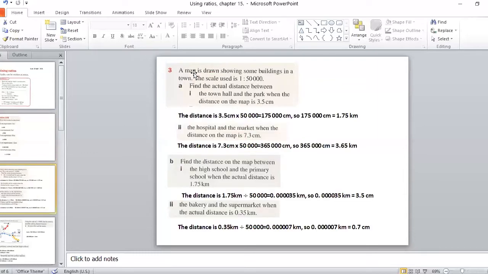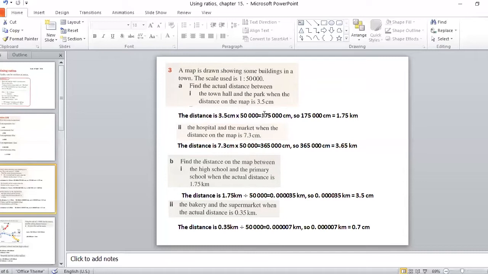Exercise 3. A map is drawn showing some buildings in a town. The scale used is 1 to 50,000. We recall 1 centimeter used on the map or on the drawing equals 50,000 centimeters in real life, or its actual measurement. A. Find the actual distance between the town hall and the park when the distance on the map is 3.5 centimeters. So measuring the distance using a ruler, 3.5 centimeters on the map, then multiply it by 50,000, the second number shown on the ratio,